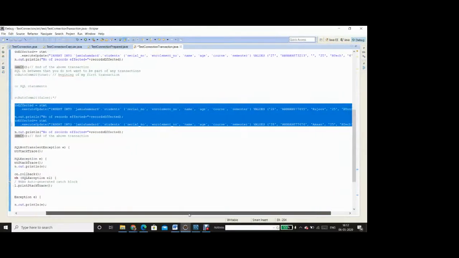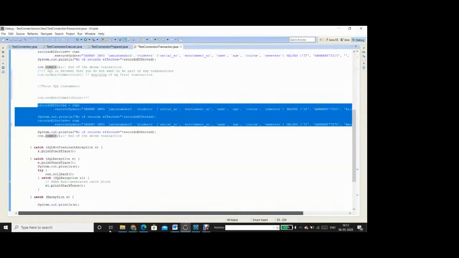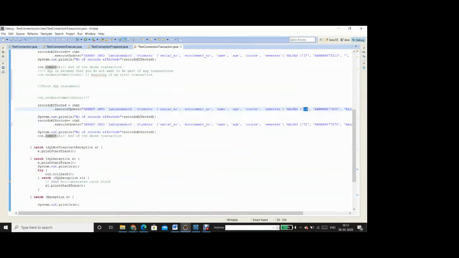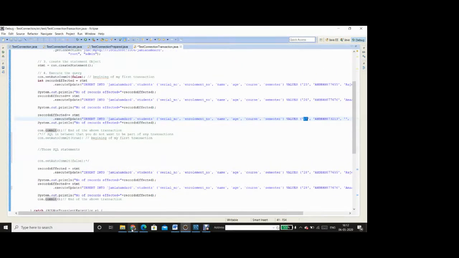So what I expect is that the first statement is going to execute, the second is obviously going to throw an exception, so all we will be in a position to see is the insertion till serial number 27. So shall we try it, or are there any other doubts?